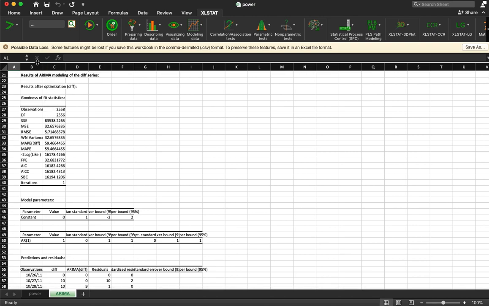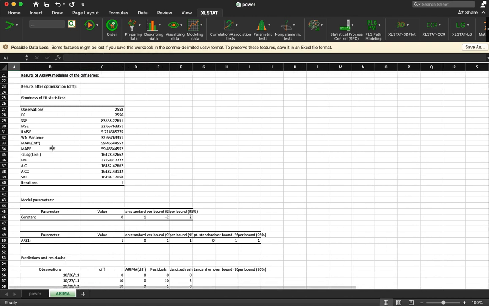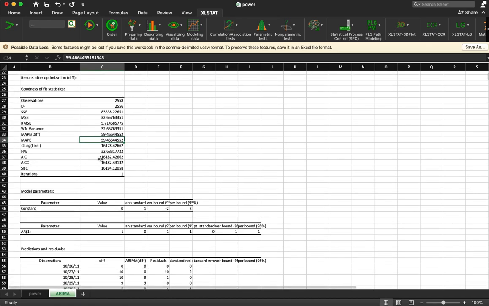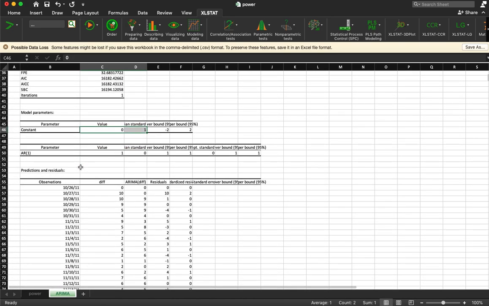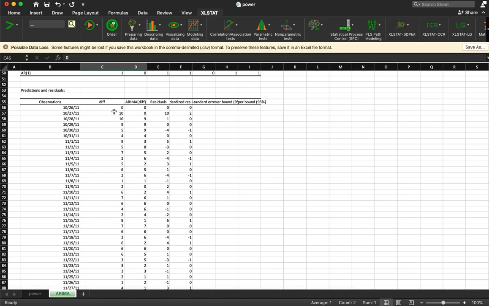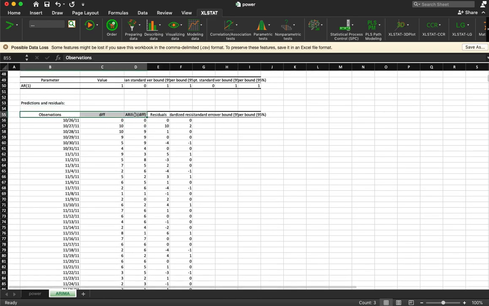All right, it's completed, and it's given us the values that we have talked about. So we can see the mean squared error is 32. The root mean squared error is about 6. The MAPE, so that's our percentage error, is 59. These are other measures of goodness of fit. Here's the values that we put in, our constants. Here is the actual values, and here is the estimate. Right. So what we want to do is I'm going to take these,